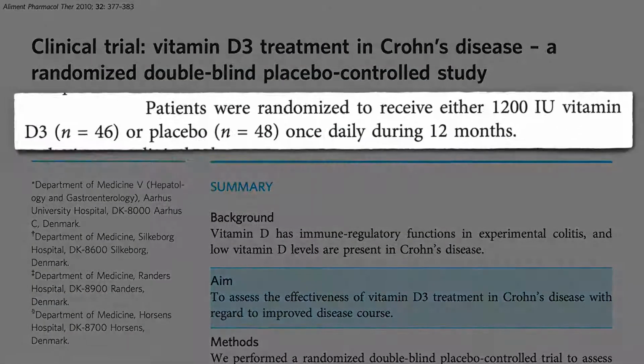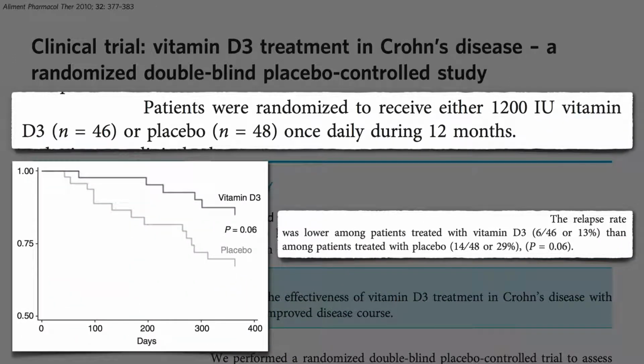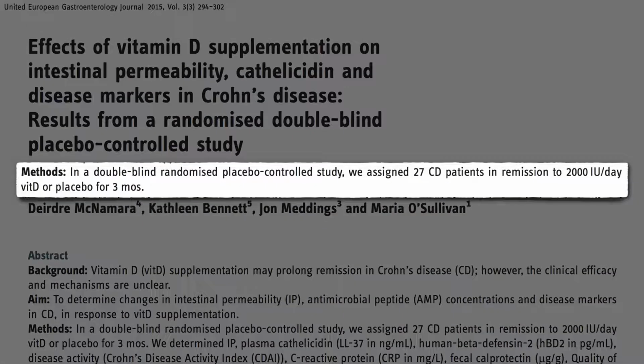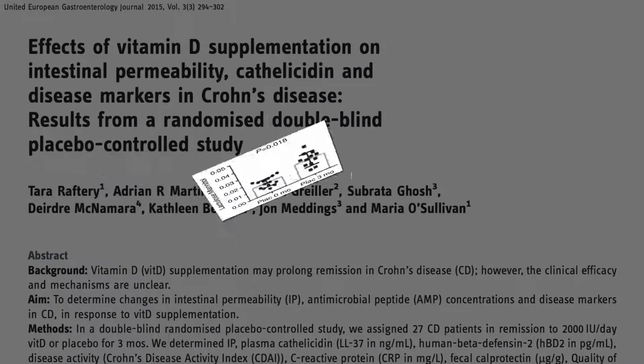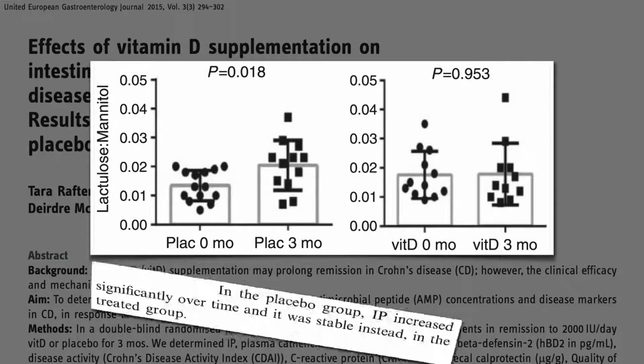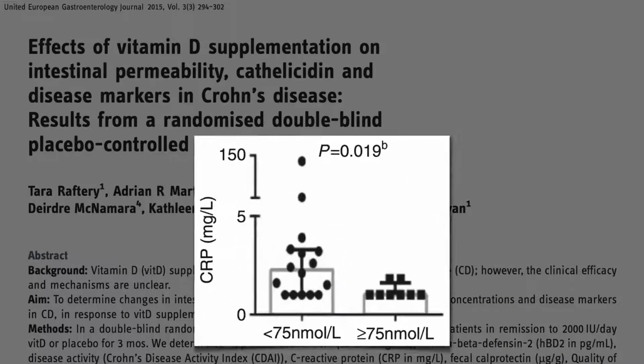The relapse rate appeared to be cut in half, though there were too few people in the study to reach statistical significance. How about 2,000 international units of vitamin D a day? Gut leakiness, so-called intestinal permeability, continued to worsen in the placebo group, but appeared to stabilize in the vitamin D group, though only those who reached blood levels over 75 nanomoles per liter appeared to have a significant drop in